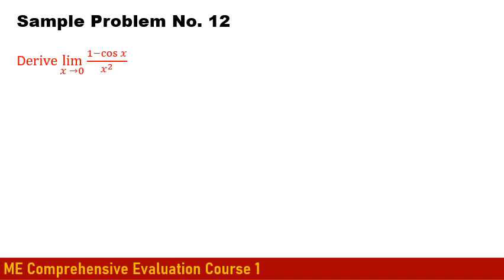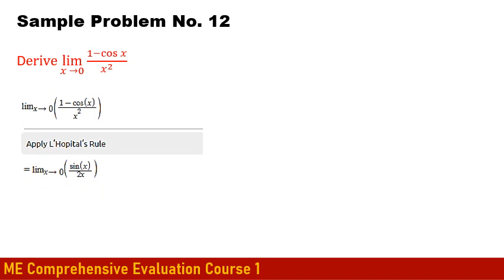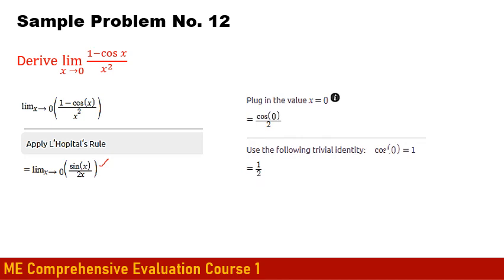Then we have the limit of 1 minus cosine x over x squared. So we are going to apply the L'Hospital's rule by differentiating the numerator and denominator separately. So that's why we obtain for 1 minus cosine x, that is equals to sine x. And for x squared, that is equals to 2x. So if we're going to substitute the value of x, which is equals to 0, then what we will obtain is our